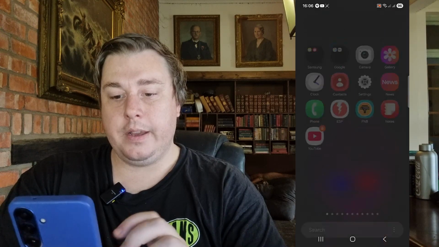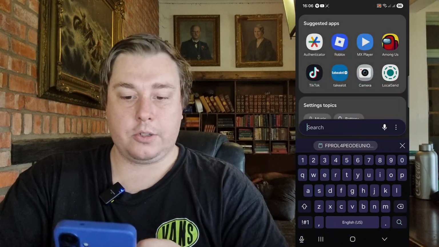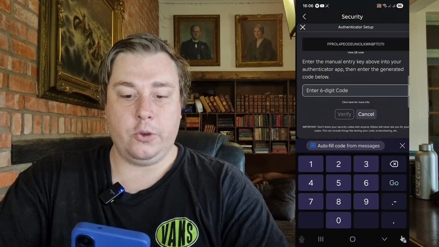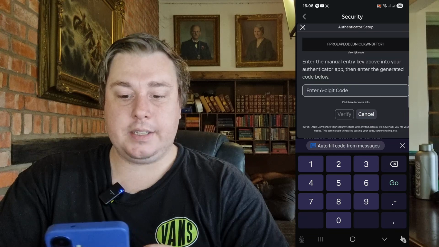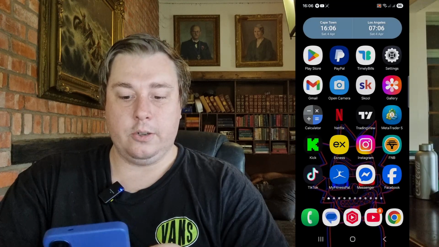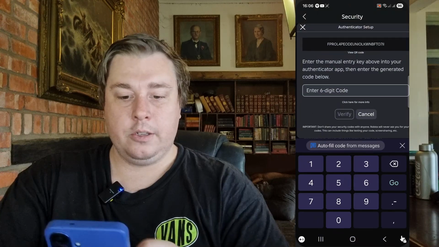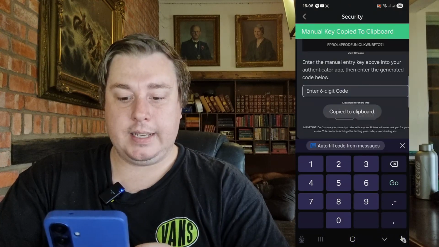Okay, so now you can see right at the bottom it's generating codes for Roblox. I'll just wait for it to generate a new code, and then I'll copy that code. Then I'll go back onto Roblox, and then I'll enter in the code right here by clicking on paste. Okay, so it looks like it didn't paste it from the Authenticator app. 634174. So I'll just type that in there real quickly,